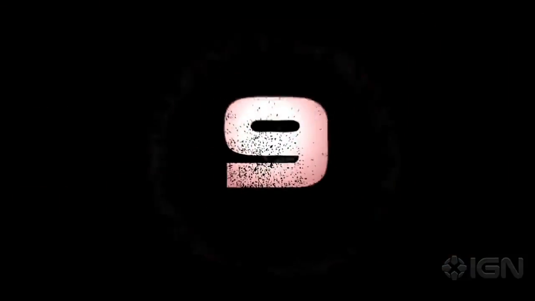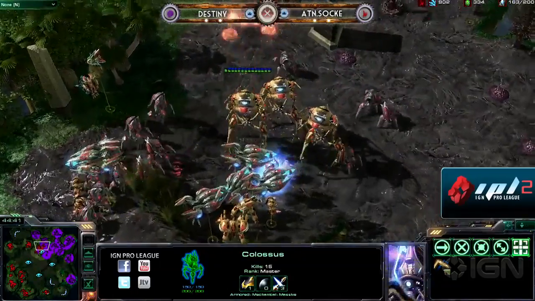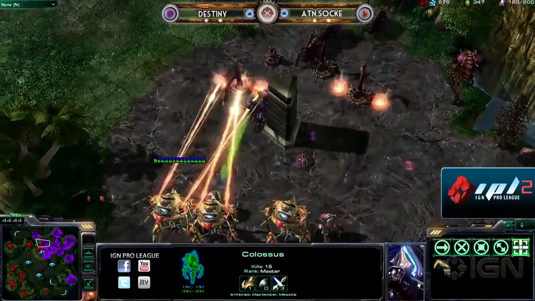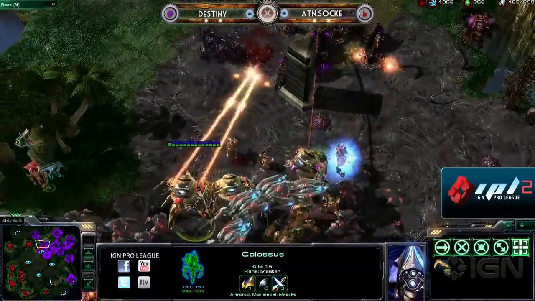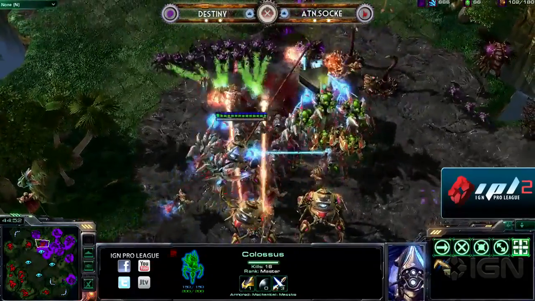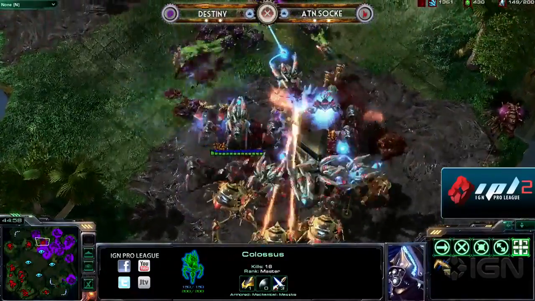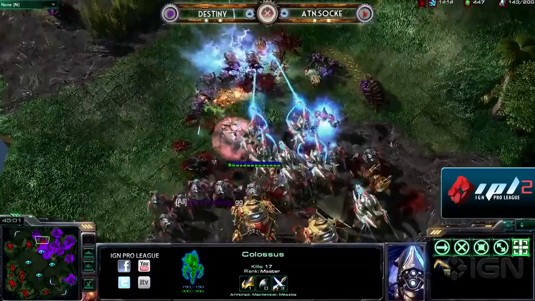out of Star. Coming in at number 9 is Zack versus Destiny here, and this is an amazing battle in the middle of Tal'Darim Altar. We can see that Zack with a massive Protoss army, but Destiny undeterred, using his mind control from the Infestors, but the Infestors absolutely getting destroyed by the Stalker Void Ray Colossus combo, and it looks like Destiny has to